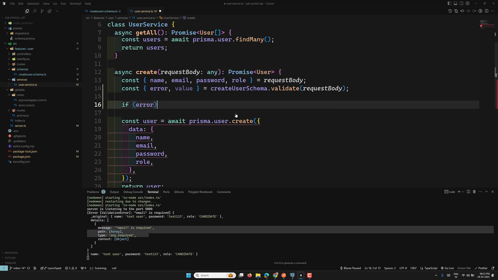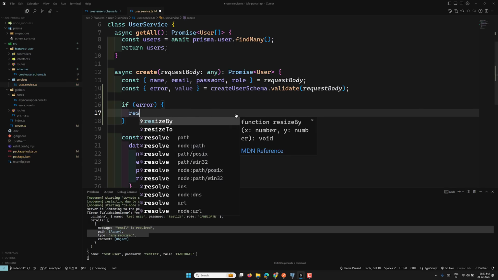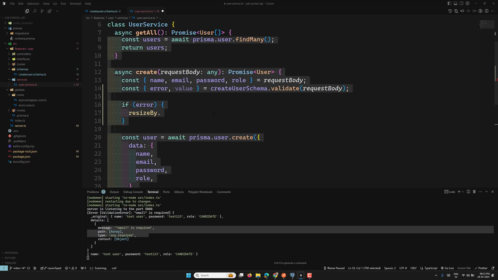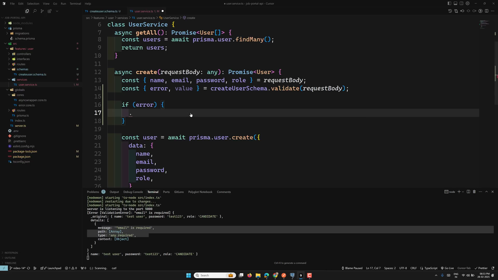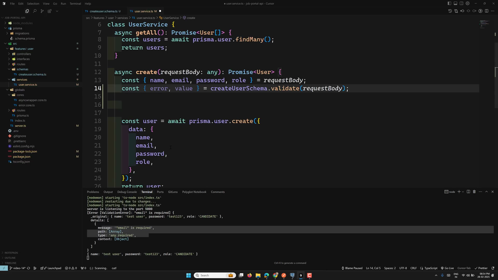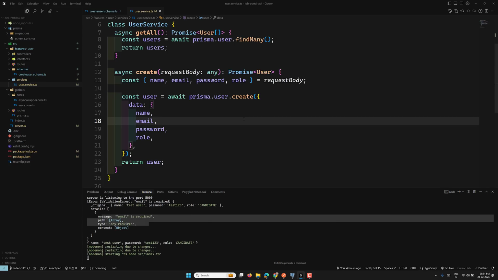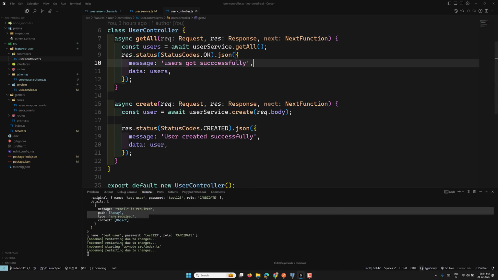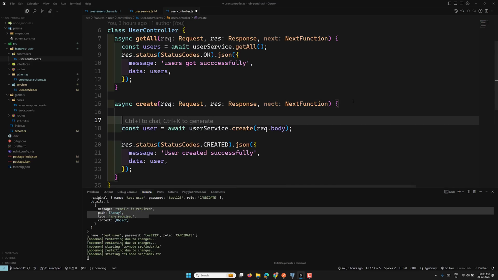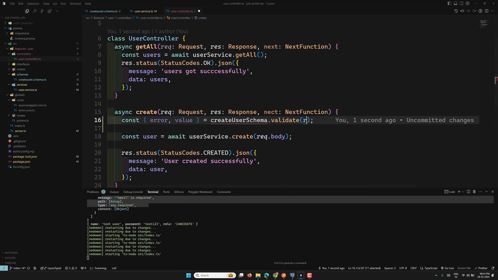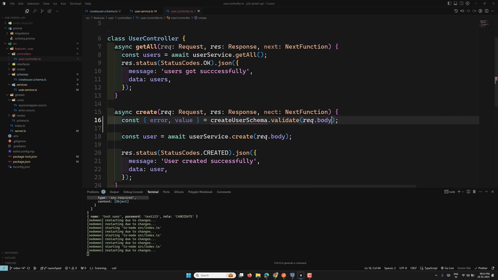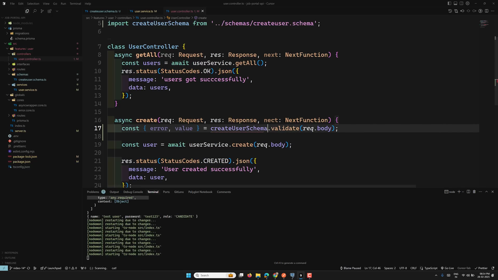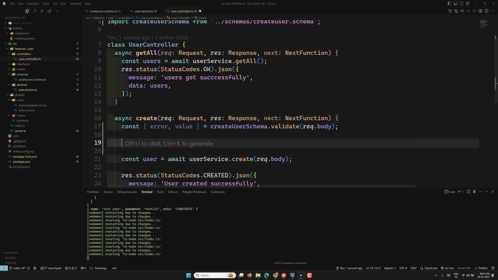Now if I try to show you, if error is there, then here I can send a response. You have this error, right? Instead of this, I can copy this entire thing. I just want to show you. I will go to the user.controller.ts file. Here in the create we have it, and before this I will create this validation with request.body and the create schema, and I can do it in such a way that if error is there,